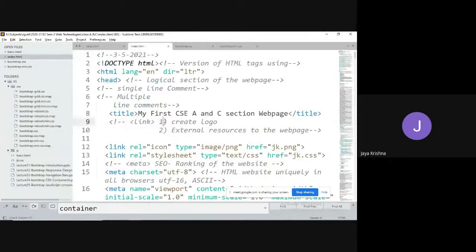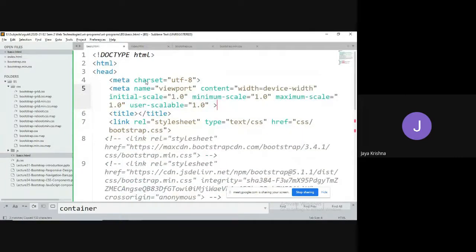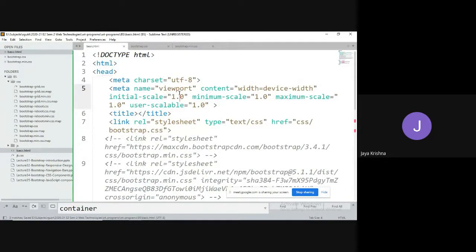Yeah. So guys, I think this is what I explained at the start of the classes. Meta name equal to viewport. I'm going to copy this one and paste it here. I'm closing it. Meta name equal to viewport, content equal to width equal to device-width means the size of the website automatically adjusts to the device width. That is the meaning. And the initial scale should be normal. Like that, we can define with the help of viewport.